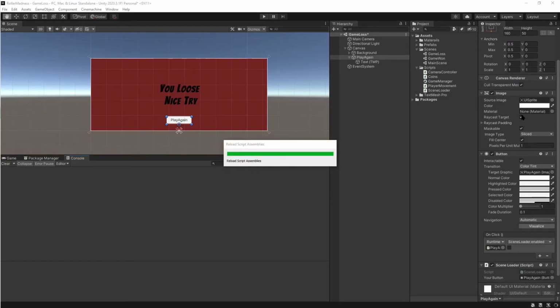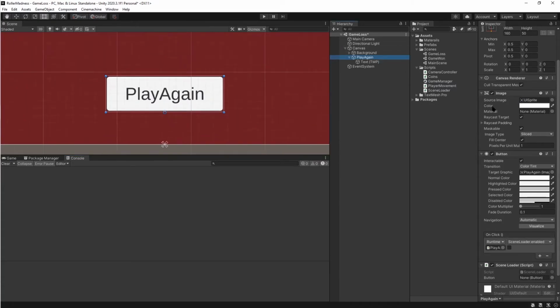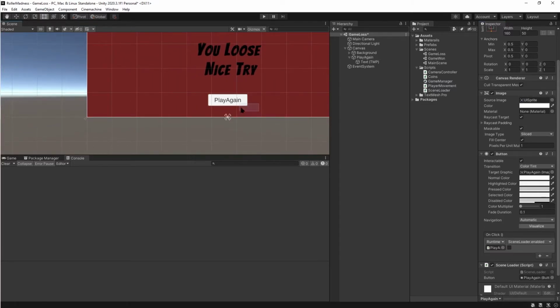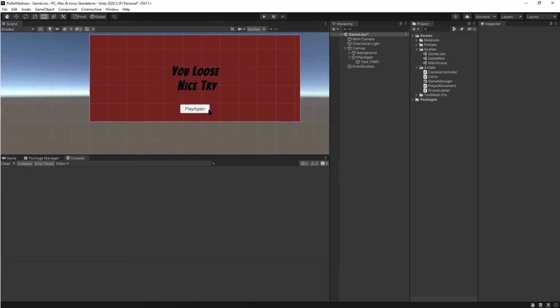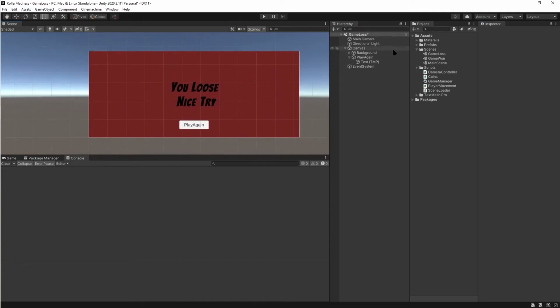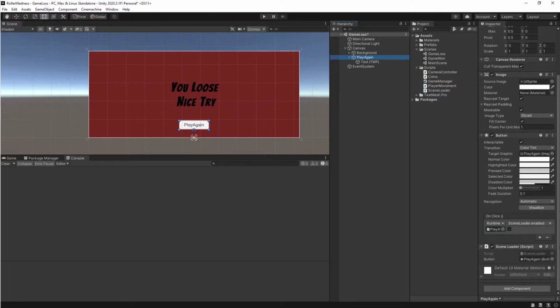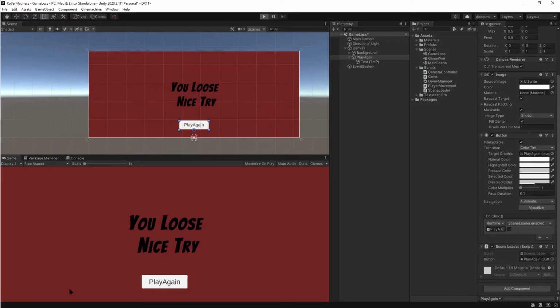Perfect. Here we can see, we'll just drag our button here. And I'll go in my game scene, game view.